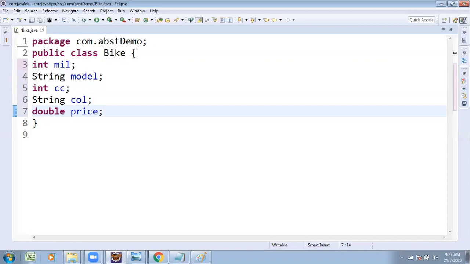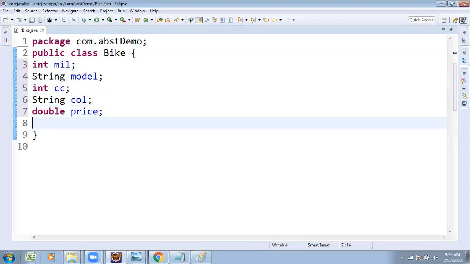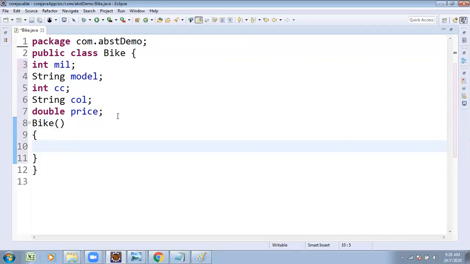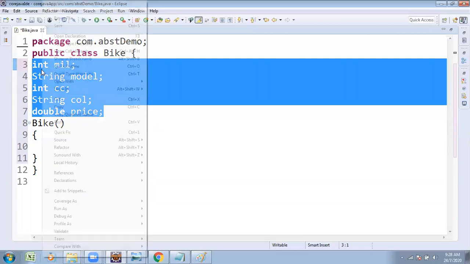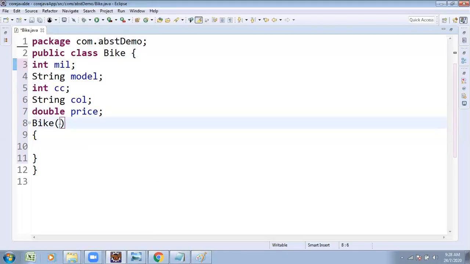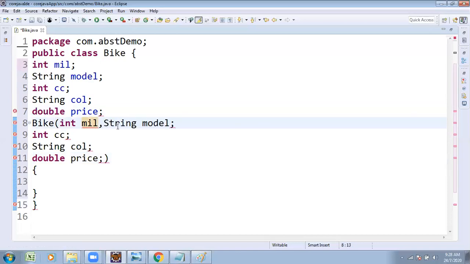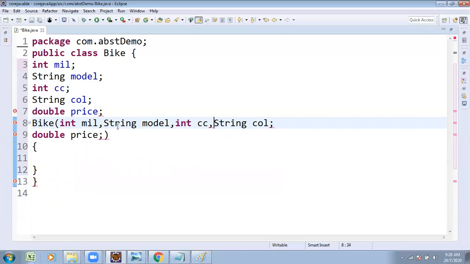I want to initialize those variables, so I'm creating one constructor, the Bike constructor. Under the Bike constructor, I want to take a parameterized constructor with these fields: mileage, model, CC, color, price.